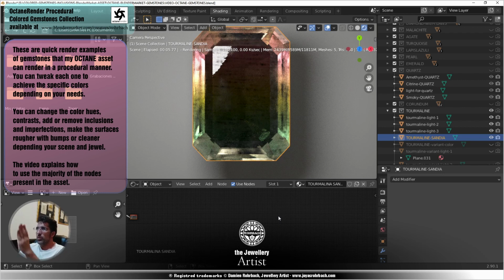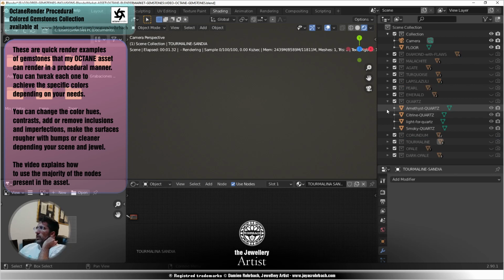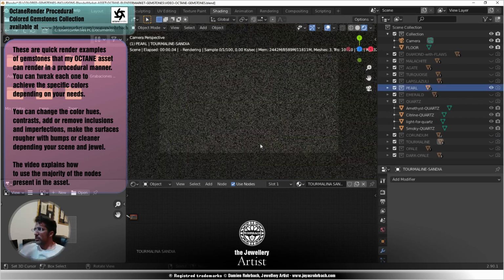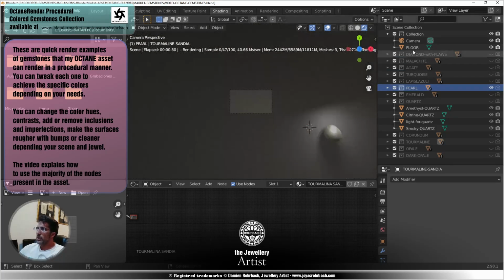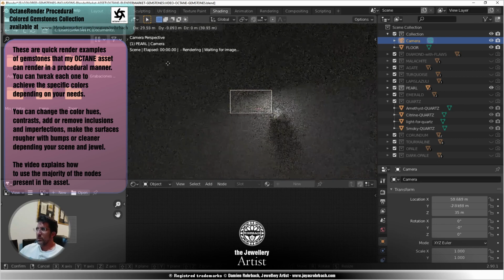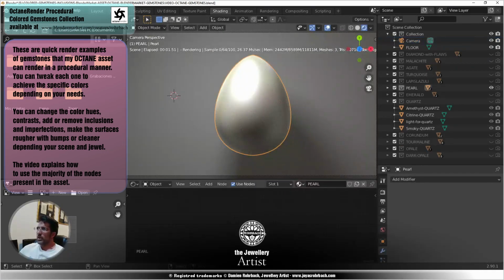You can obviously tweak the size of the stripes and the zones like I showed already for the other minerals. Now, well, the pearl, maybe let's go have a look at the pearl. Where's the pearl? Okay, let's take a camera. Let's go have a look at the pearl. Here we go. Okay, so the pearl, we can